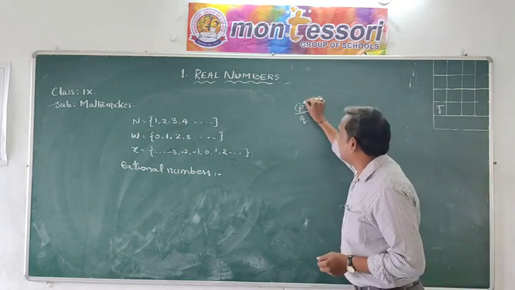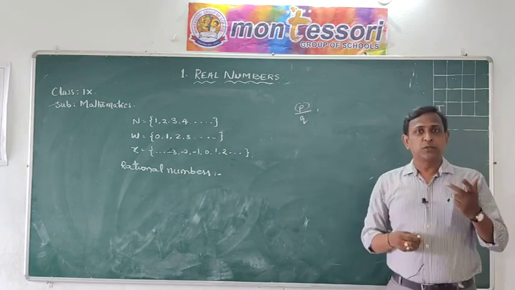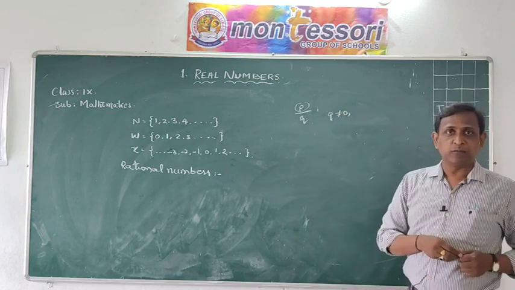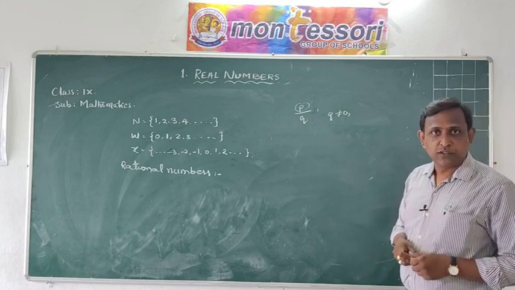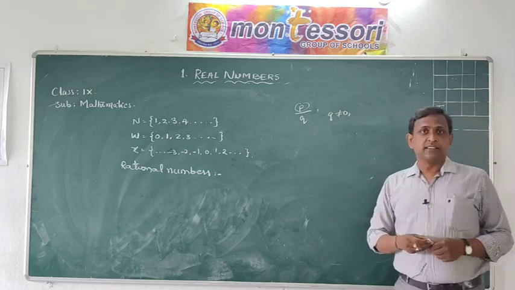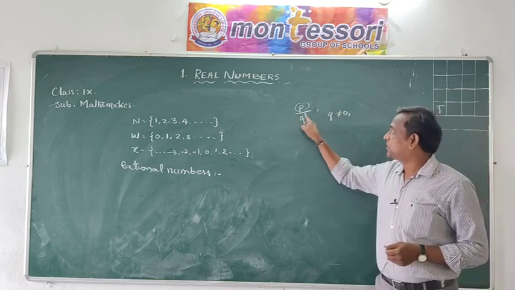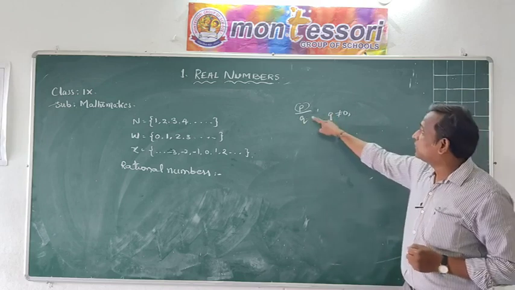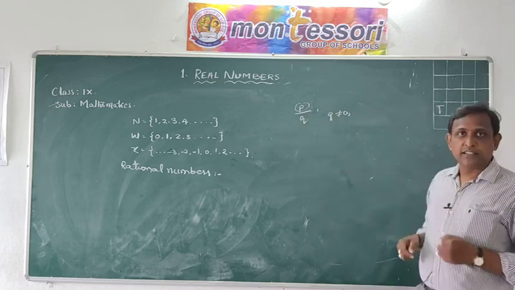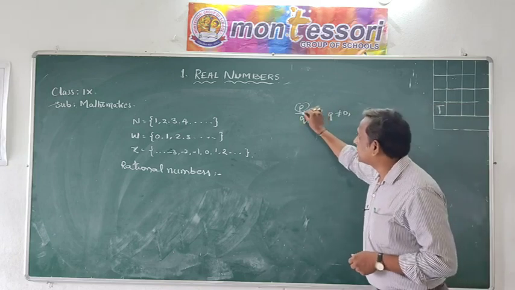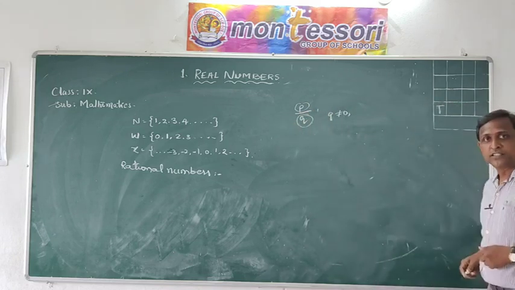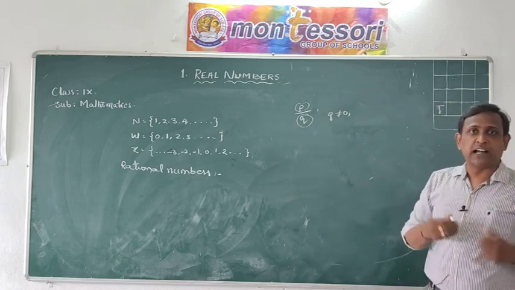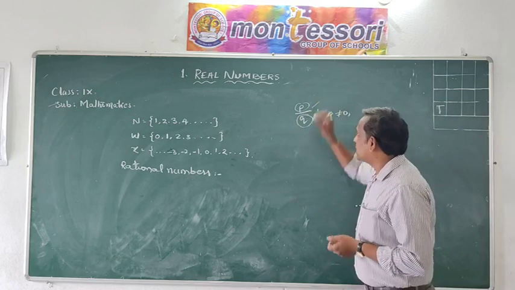What about these p and q? p and q are two integers, and at the same time, q is not equal to 0. Why? If q is equal to 0, is there any problem for us? Yes. The position of q is the denominator. Whenever you write 0 in the place of the denominator, we cannot divide p by 0; it is not possible. So we consider that q must not be equal to 0. But p, even if it is 0, is no problem, because 0 by something is always 0, so the value exists.